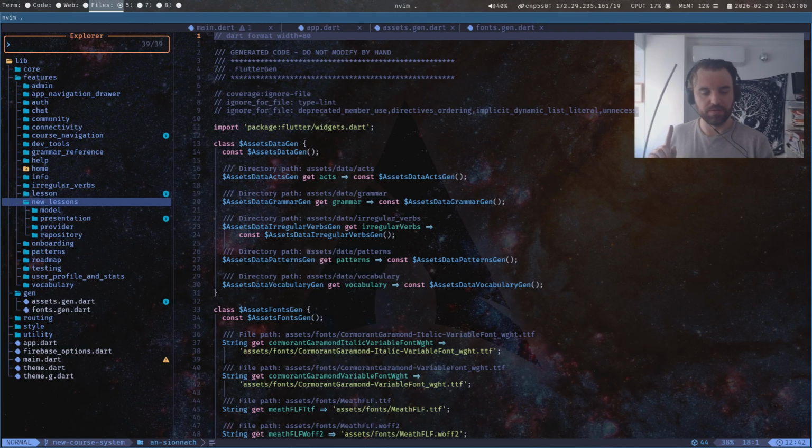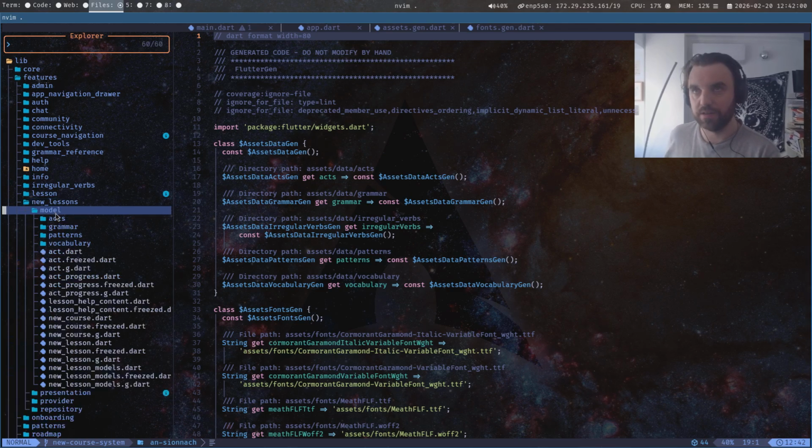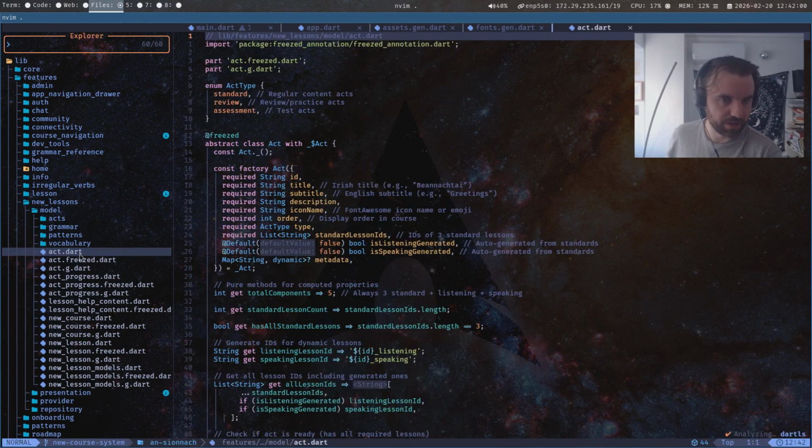And the way I broke it down is, I use freezed for the model, for the data. Freezed is a Flutter Dart package, and it generates code from code. So what this does is it takes a small amount of code and makes safer, immutable code from it. And so this is what I have here. This is the data structure for the axe.